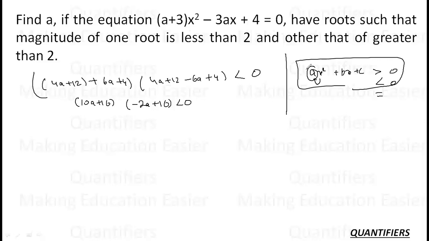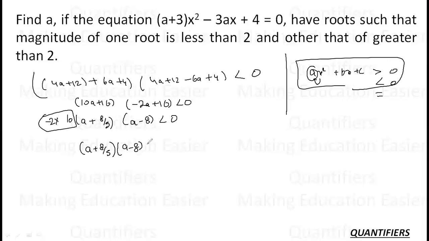Since the coefficient needs to be positive, okay, let's just take 10 out of here common. If I take 10 out of common, a plus 16 by 10 or a plus 8 by 5. Okay. From here, let's take -2 common. If I take -2 common from this bracket, it will be a minus 8 less than 0. So basically -2 into 10. Okay, dividing both sides by -20. Dividing both sides by -20, I will get a plus 8 by 5 into a minus 8 greater than 0. ये greater than 0 बन जाएगा. क्यों? क्योंकि मैंने नेगेटिव को हटाया है तो मेरा इक्वालिटी का साइन चेंज होगा.